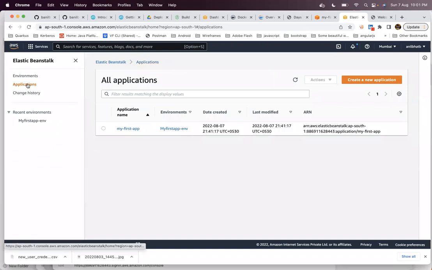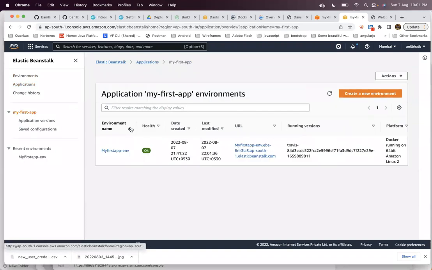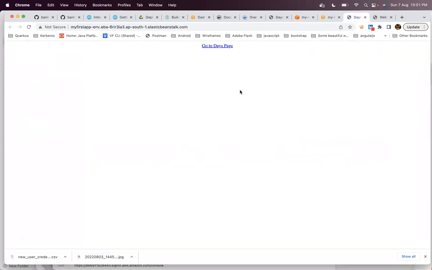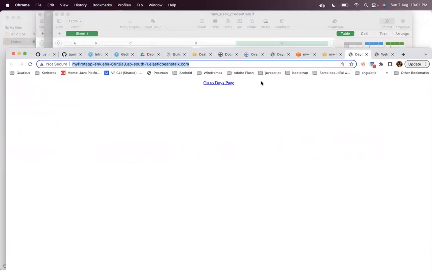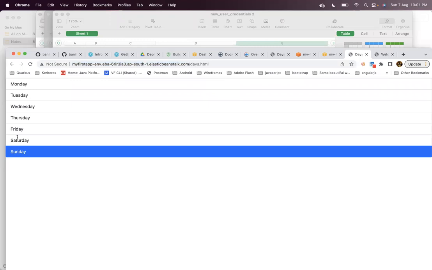Now you can actually go to the application, my first tab, and you can click into this. See, your application is deployed into the AWS domain. So you can see that our Docker container got deployed into AWS Elastic Beanstalk. In this particular domain, our application is running. Click on this. You can see the application, whatever commit we had done, we have made Saturday inactive. Now you can see that Saturday is inactive here also. Okay.